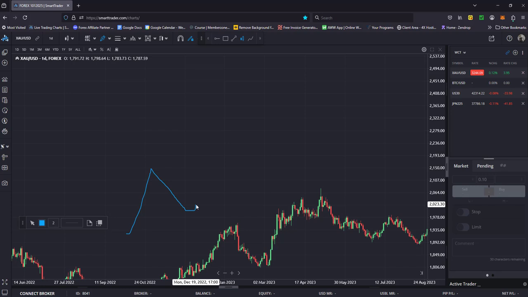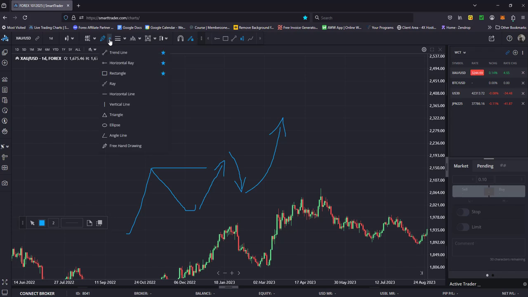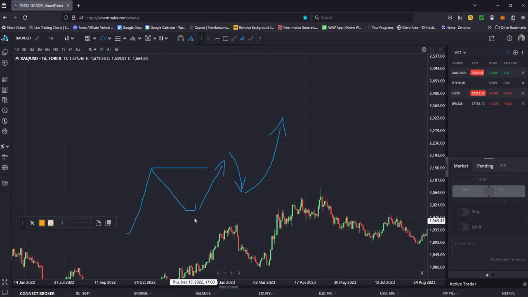If we're here, I am expecting this market to push up, making a higher high than this previous high, because we are in an uptrend. Once we make that higher high, that's when I'm expecting some sort of correction and then a continuation of the trend. So if that's the case, then I want to be looking for bullish candlestick formations in these areas here,